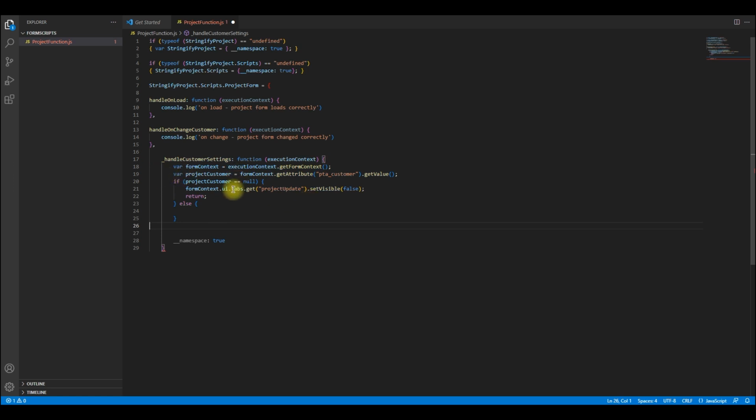Cool. So you see what we've done here? We've declared a variable for the form. All right. On the form, we've declared a variable also for the specific entity we're looking for, and then we wrote a condition to say if that entity here is null, go to this form, look at the tab, check this particular tab, set it to false. Can we see that? Set that tab to false. In this case, that's what we've done here. All right, good. Now with that done,